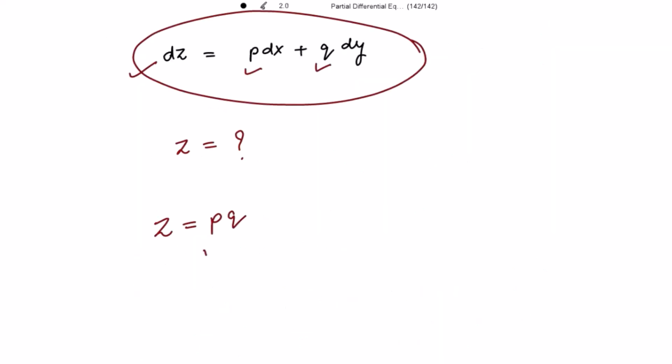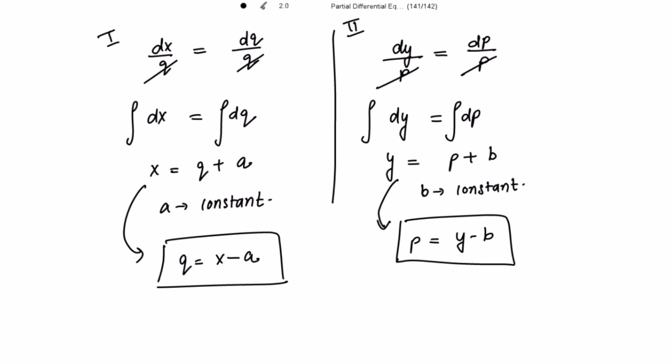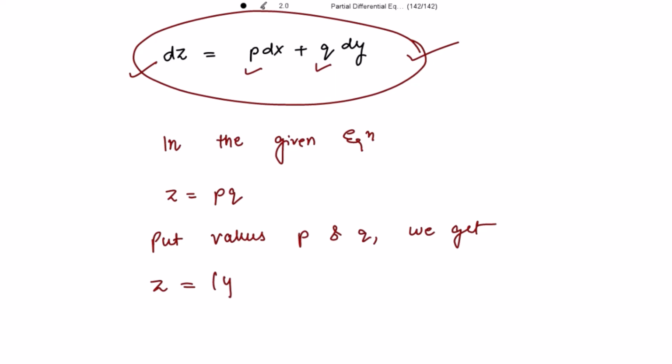So I can directly put the values of p and q to get the solution. In this example, we put the values of p and q directly in the given equation. Z is equal to, what is the value for p? It is y minus b, and q is x minus a. So it is y minus b into x minus a,